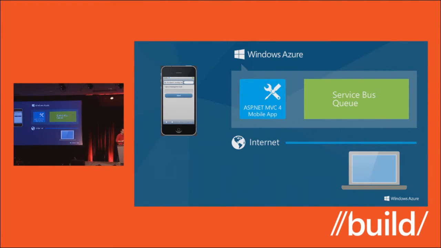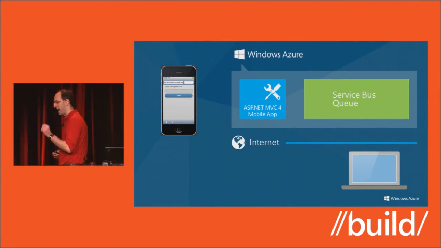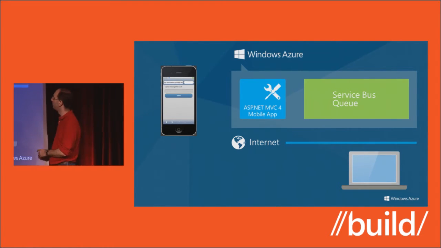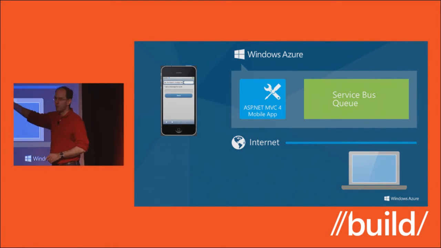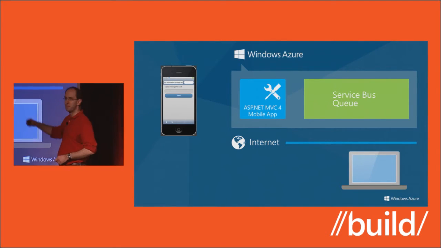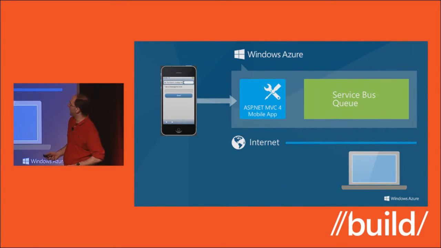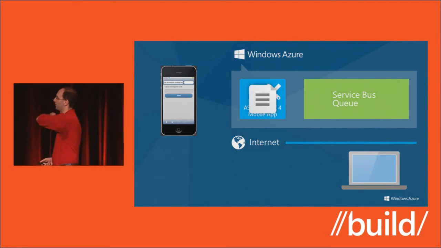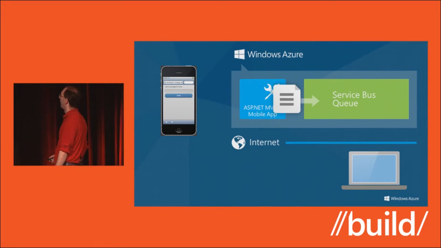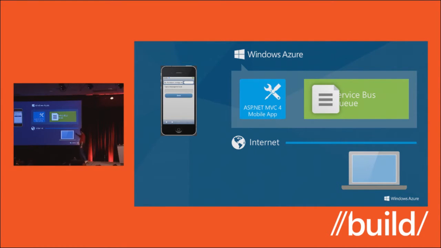So to make this all real, let's go ahead and show this in action. I'm going to do a simple demo. If you have internet access or a phone, break it out because we're going to need your help. Basically, I'm going to have a web app hosted inside Azure, built with MVC4. And this app, when you post to it, is going to create a message object that we're going to stick in what's called a service bus queue. And then I'm going to run an app on my laptop, which is just a simple console app. And I'm going to dequeue whatever you say to me, and I'm going to print it on the screen. This is really exciting and really scary. So be gentle.